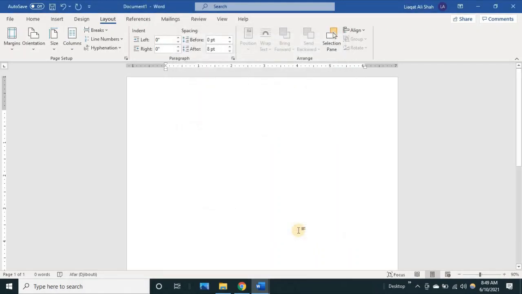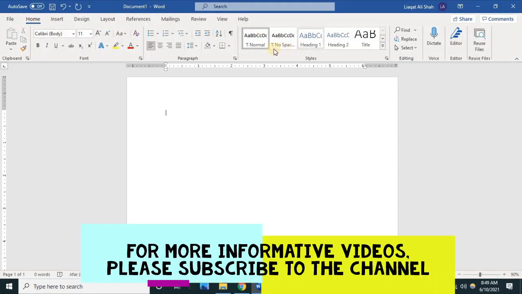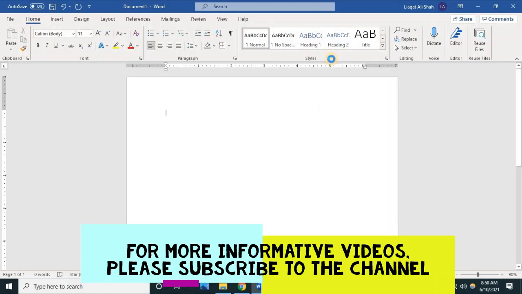Click OK. Right now go to home, and since we are going to write a report or thesis, we define our headings. So here you can see normal, no spacing, heading 1, heading 2. So let us modify this heading 1. Right click on this and modify this heading.